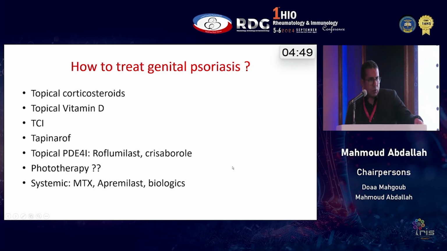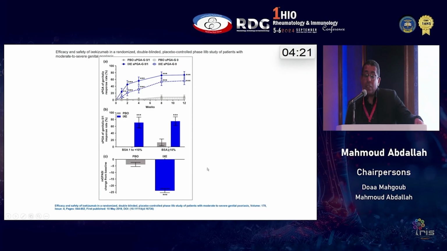Phototherapy, it was mentioned today morning in the phototherapy that it is not advisable to expose the genital area to ultraviolet. However, this is very controversial because the recent trends does not find any contraindication for exposing this area to phototherapy. Systemics, we can use methotrexate or biologics, and apremilast has a dedicated study in treatment of genital psoriasis. Ixekizumab as well has a dedicated, this is maybe the only biologic that has a dedicated study discussing the treatment